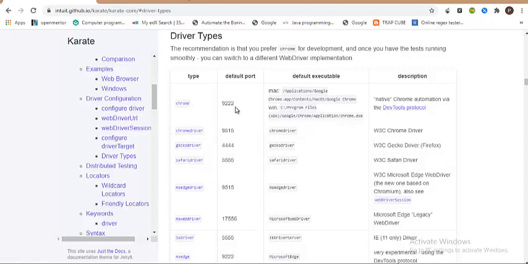So Chrome is being launched on a default port, which is 9222. And if you see, it is actually using the DevTools protocol to talk to your browser. We already discussed that Selenium used the JSON Wire Protocol previously, and it has now changed to the W3C protocol, World Wide Web Consortium, in order to do hassle-free communication.